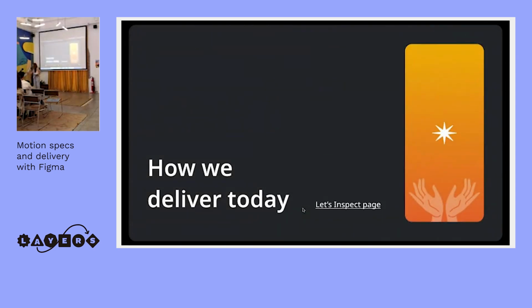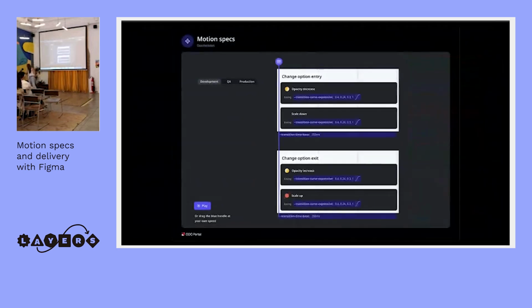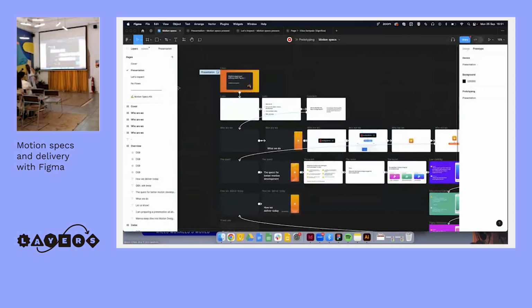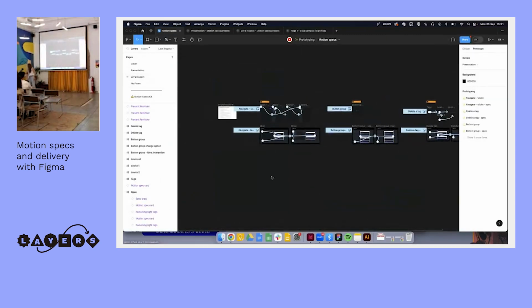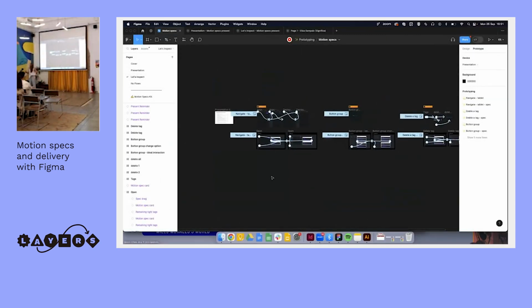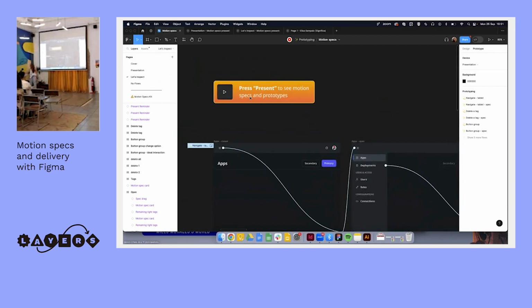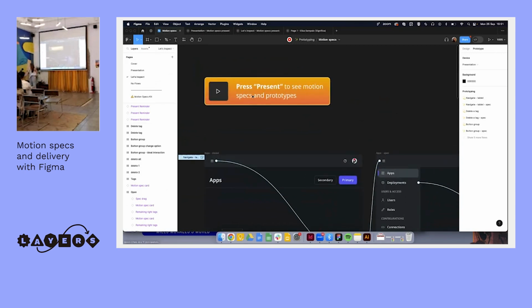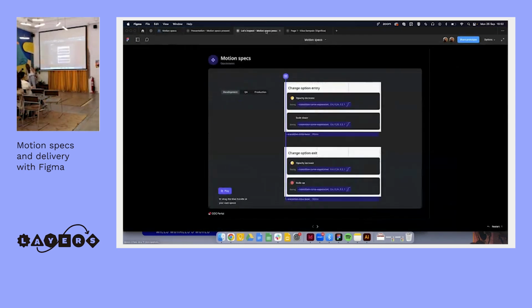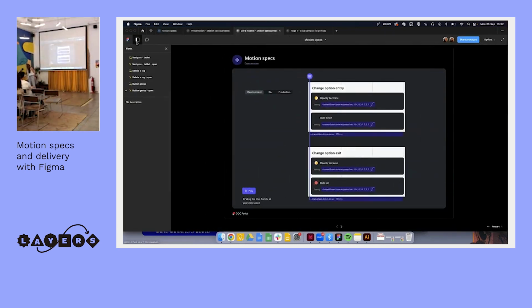So how do we deliver today? And I'm going to jump to the inspect page so you can check it out. So let's go to the inspect page. Okay, again, this is editor view, right? I can see all the little arrows. So one thing that we did was add this little component. So if I'm a developer, I know I'm supposed to click play. So let's say that I clicked play, and I'm going to jump here to this little thing,